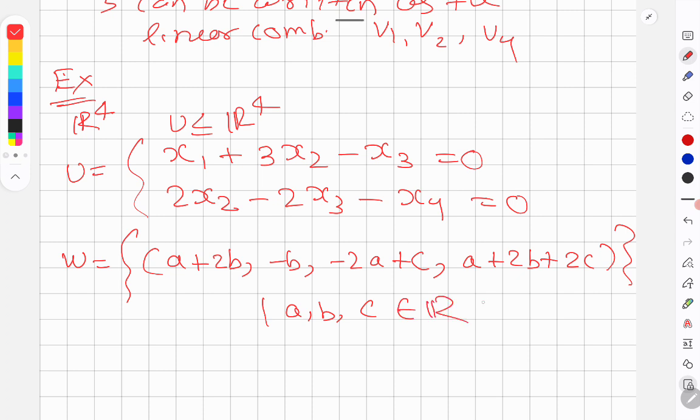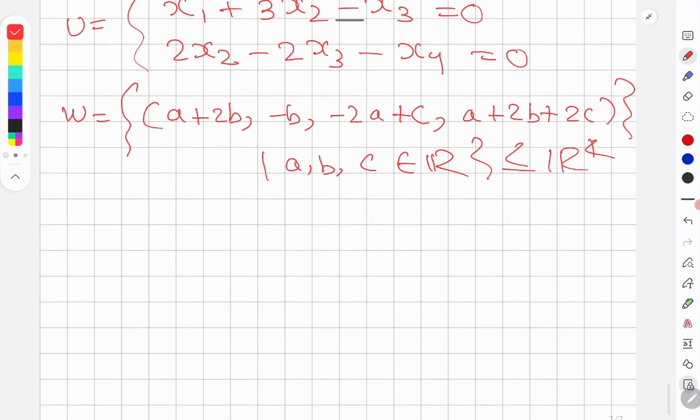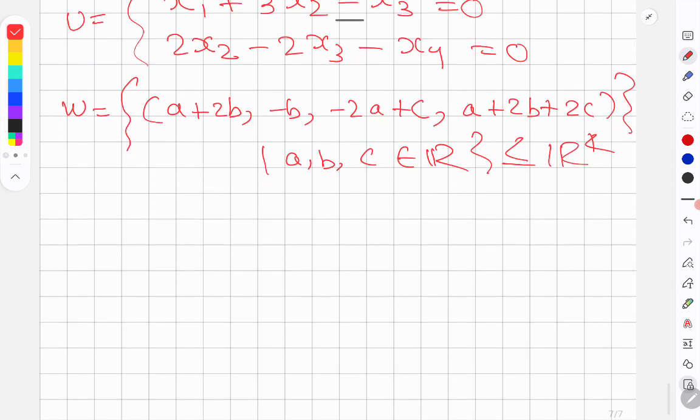From now there will be no boring theories. You have just exercises, and from exercises we will know the theory. Question 1, find u and w. Question 2, find u intersection w. Question 3, u sum w. Question 4,